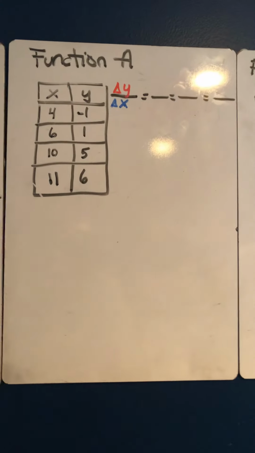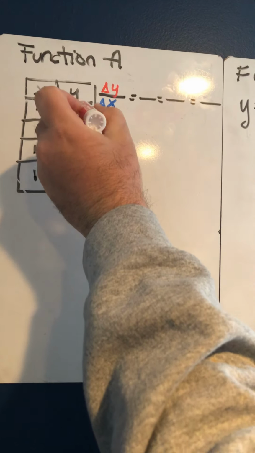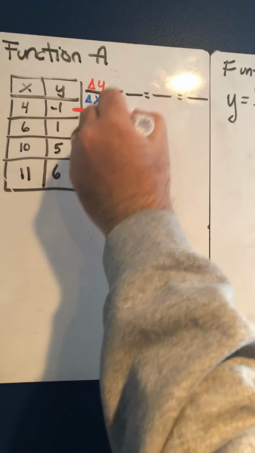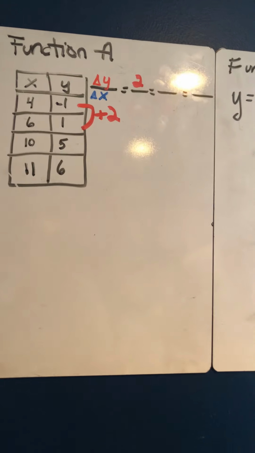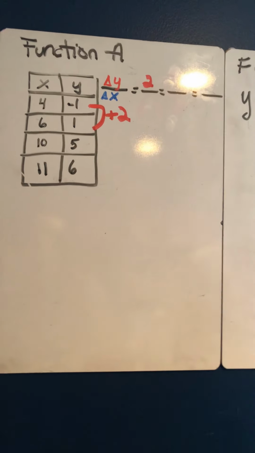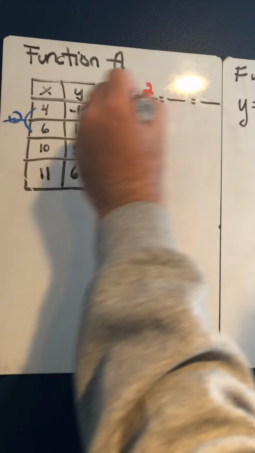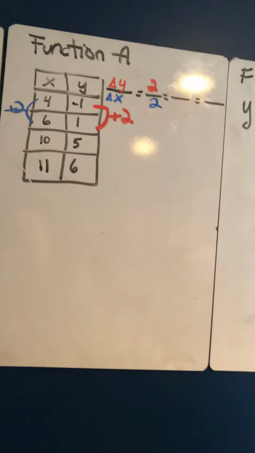change in x. So I'm going to show from here to here, my change in y is plus 2. So that would be a change in y of 2. And then I find my change in x, and that is also plus 2. So 2 over 2. And it can be a little tricky on this table, so I'll show you the other